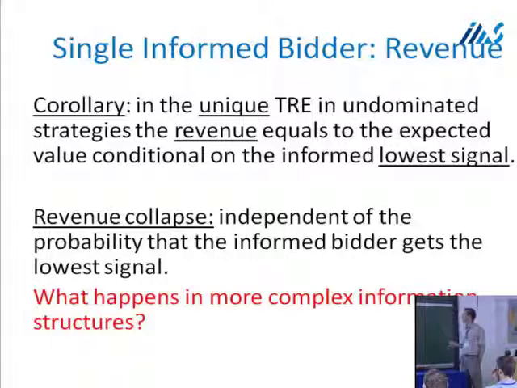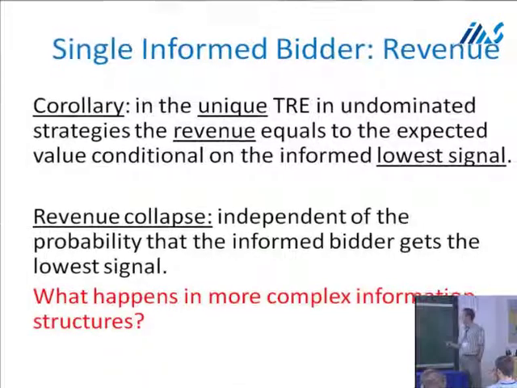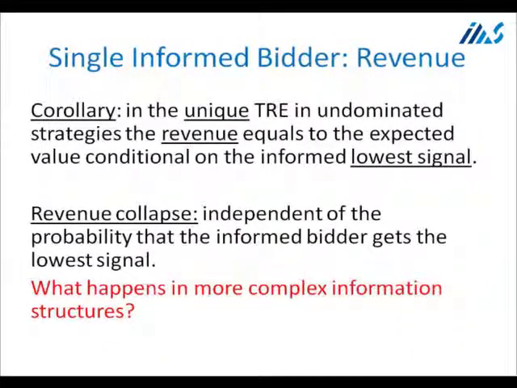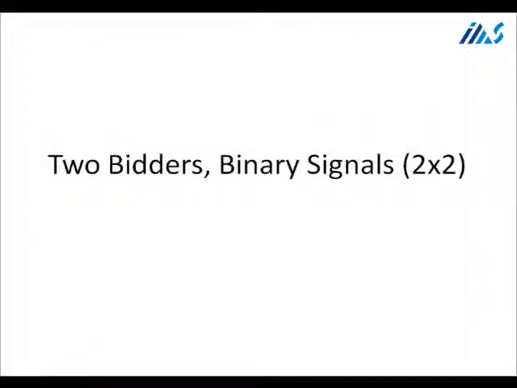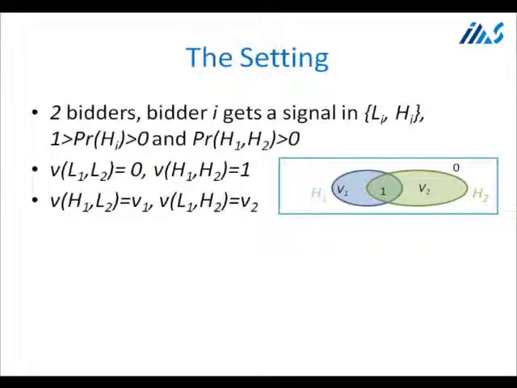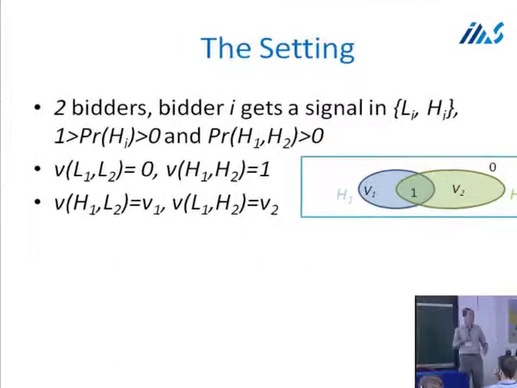So that's quite simple. But of course, the interesting question is what happens in a more complex information structure in which more than one agent is informed. So let's move to the two bidders binary signal case. So how should we think about this case? Think about two bidders. Each of them has a technology to figure out whether an impression is a bot or a human, but they have mistakes. So given the information that this signal gives, they can update their posterior about the value of the impression. And of course, if both algorithms agree that it's not a bot, it's better information than only one of them.